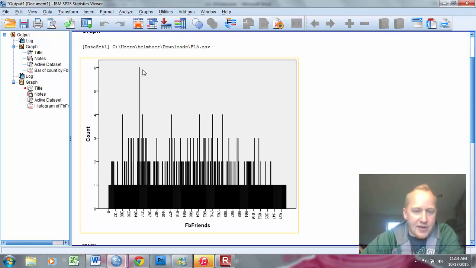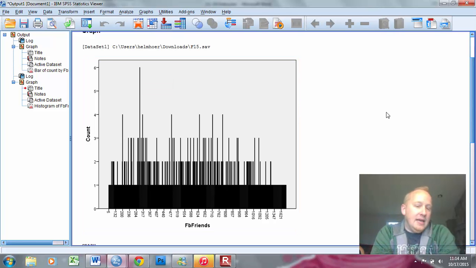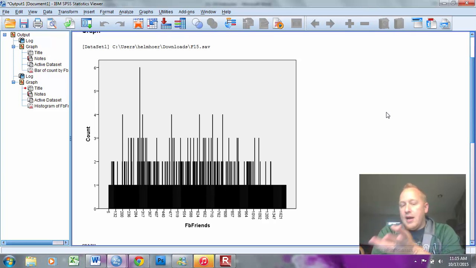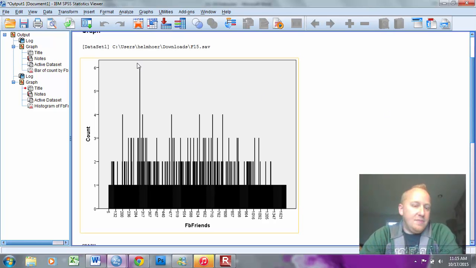Now, there is one data value where 6 people have, and I am quite confident that this number is exactly 300. I'm guessing that out of these 6 people, at least 4 or 5 of them didn't do what I asked and didn't actually look up their Facebook friends. And they just said, I have around 300. This is why I asked you to specifically look up how many Facebook friends you have, because this helps illustrate